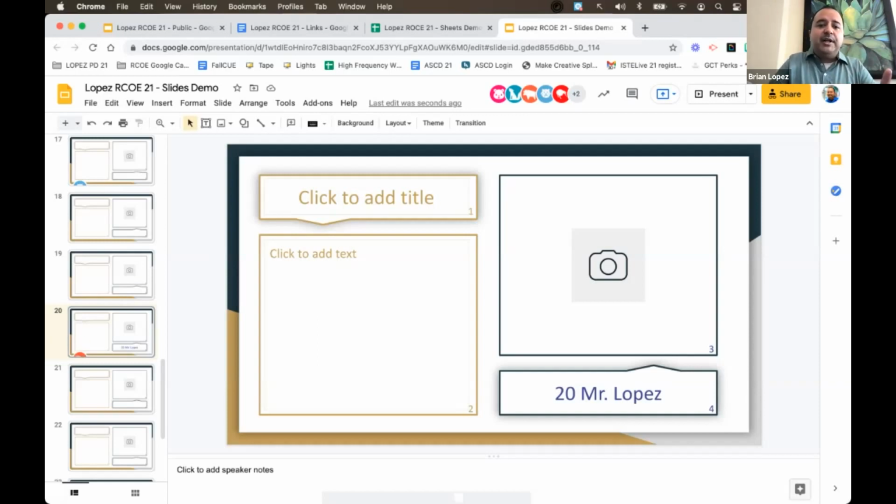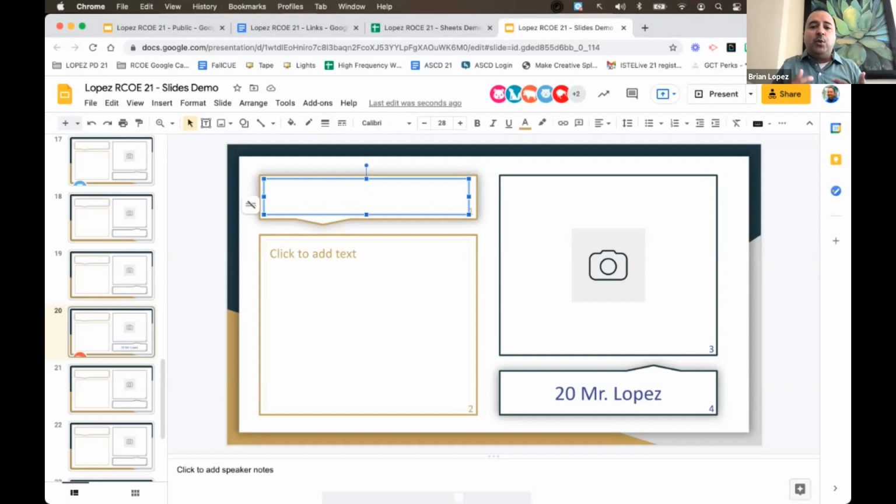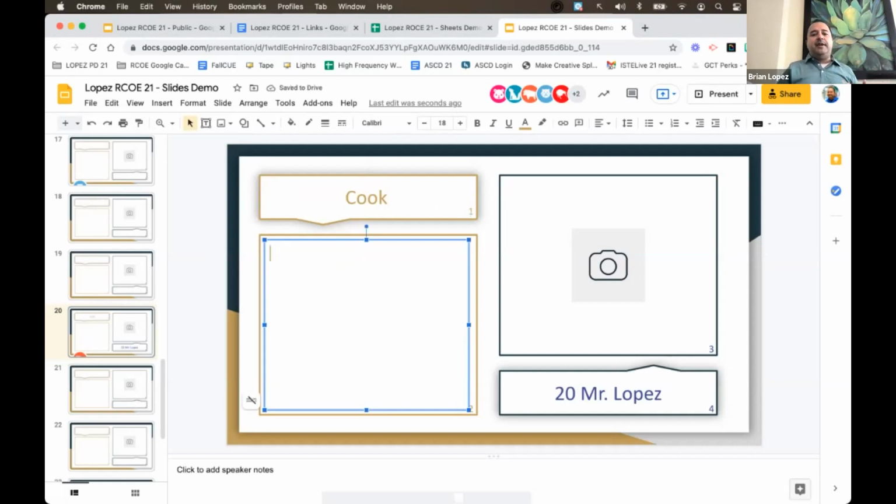From that point forward, then we click on box number 1 and we put the title of what we want it to be when we grow up. So I put a cook, and then I will wait there. And like I said, for the previous example, this would be shown on my smartboard. And one tool that I use is down here on the right. On the bottom left, there are 2 little boxes. If I click on the boxes that look like a